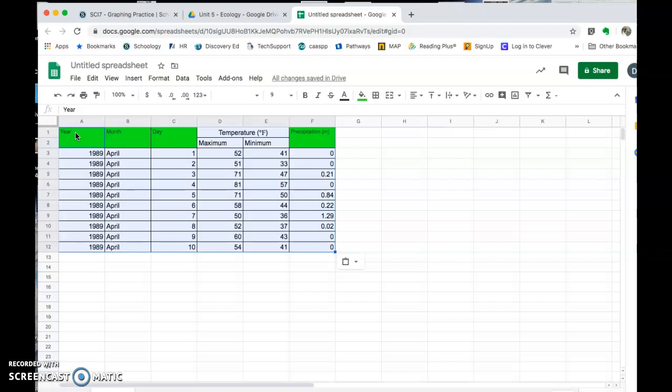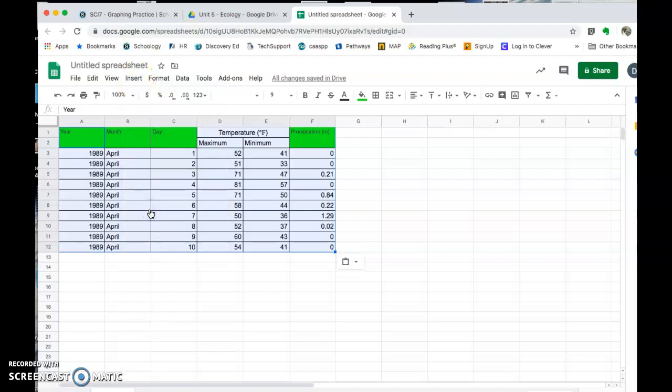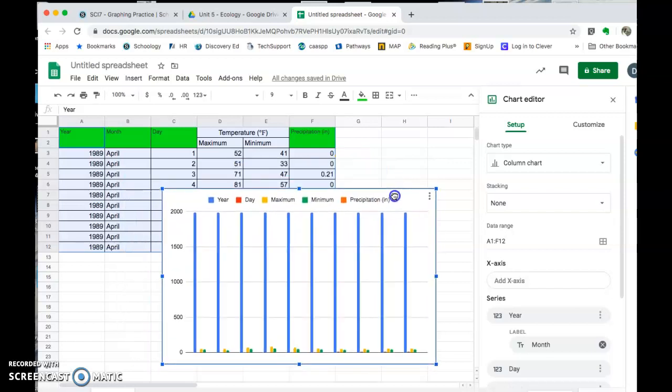Now in order to create a graph, what we're going to do is we're going to click Insert, Chart, and it created a graph for us. But it's not a terribly useful graph. Let's look at our data here. If we look over here, these first two columns aren't changing at all, so they're not terribly useful for us